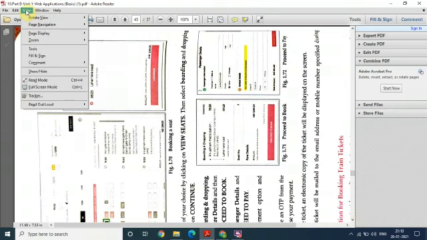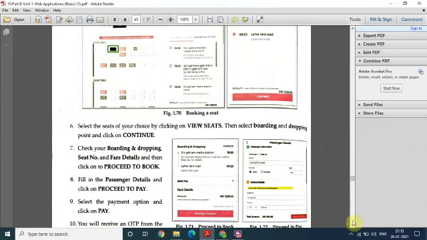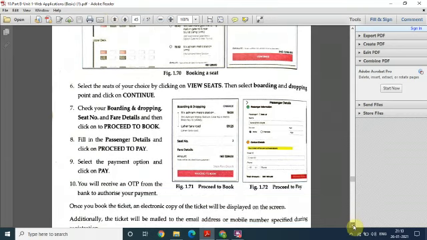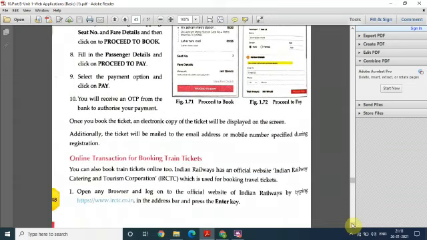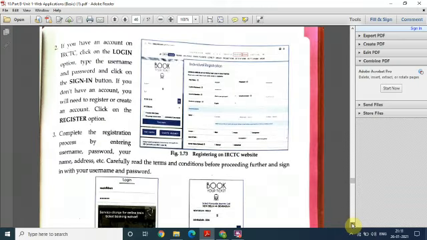So this way you have to search, then whether seats are available or not. Then after doing all these things, if you are finally confirmed that you have to book it, then you have to go for the proceedings of the booking procedure. Then how you are going to pay. Okay, then again you will get the OTP for this. Okay, this way you can view and get a reservation for different journeys that you want to have.